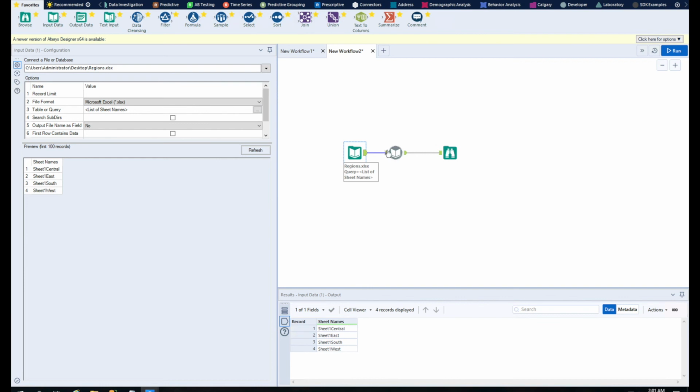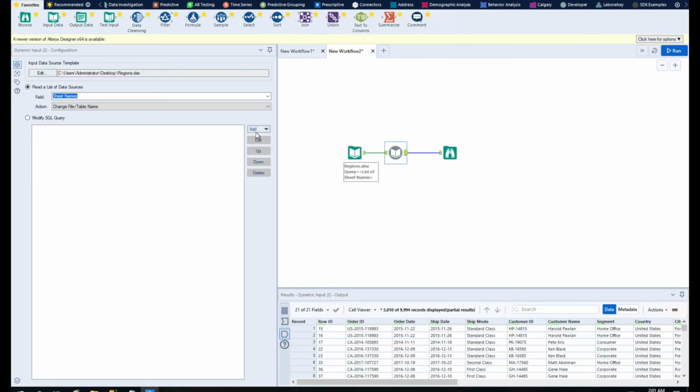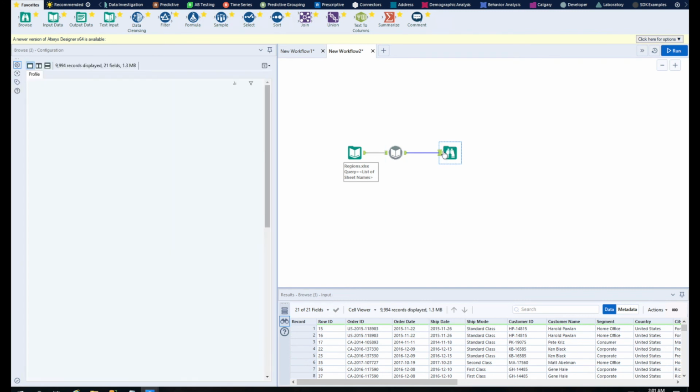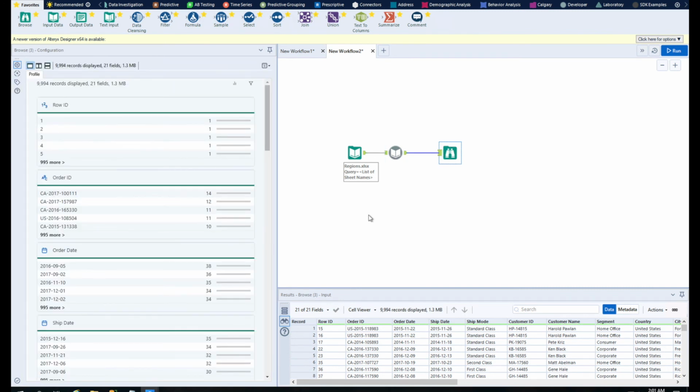So total combined is 9,994 records. So within a single click, I got all the four sheets combined together, appended together, a union of all four sheets using a single tool.